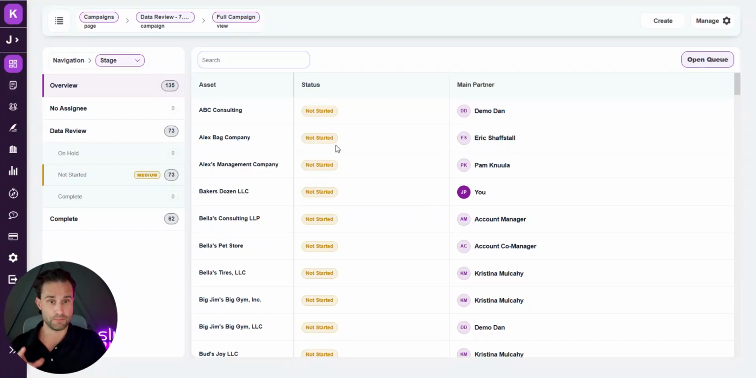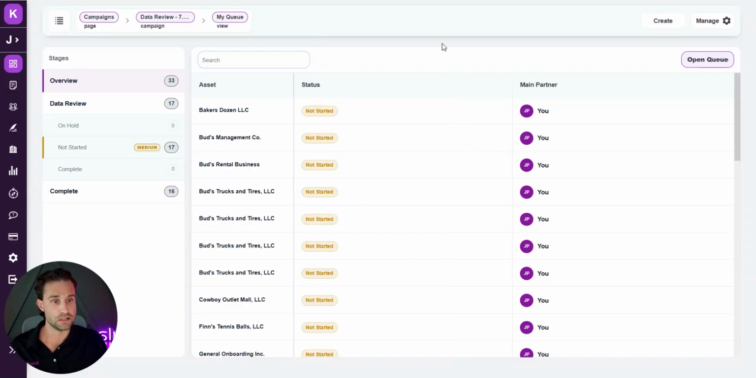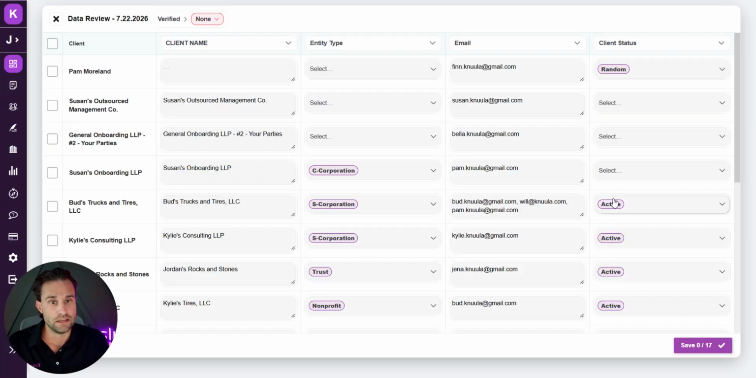So here's the full campaign that I'm tracking for an annual review of information. I'm going to go to my queue. This is what every partner would have, and it would take them to something along these lines. It's going to give them a list of their clients with the specific fields that need to be updated. So this one has client name, entity type, email, status. Whatever they need to update on those things, they can do that here, and it's going to track it